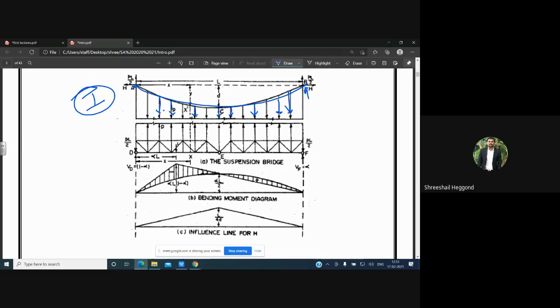The cable is fixed at those supports and the loading conditions are given, one joint to another joint, continuous at frequent intervals. For that, we need to find out the shear force diagram. The loading conditions are available from one end to another end. The loading can be given, and reactions can be given as the applied load. If you are considering the total load as P, then the reaction will be PL divided by 2 on both the ends. And the shear force diagram can be drawn like this for the two members.